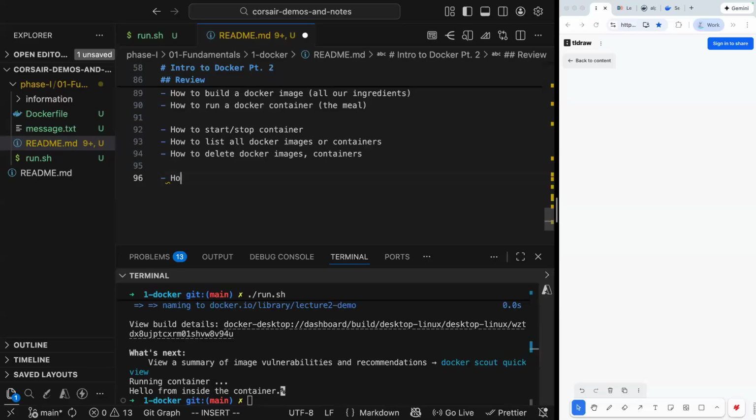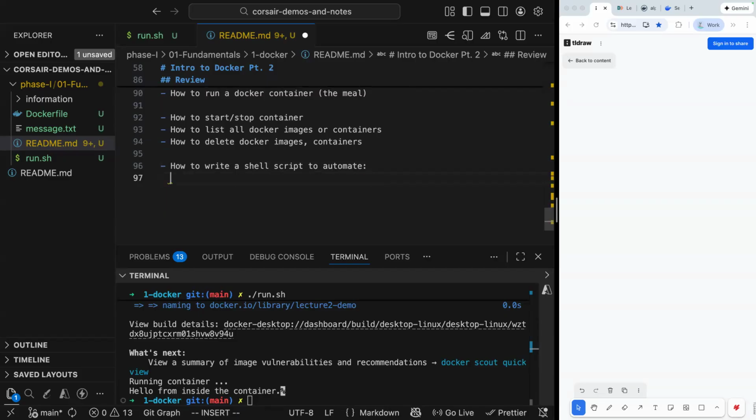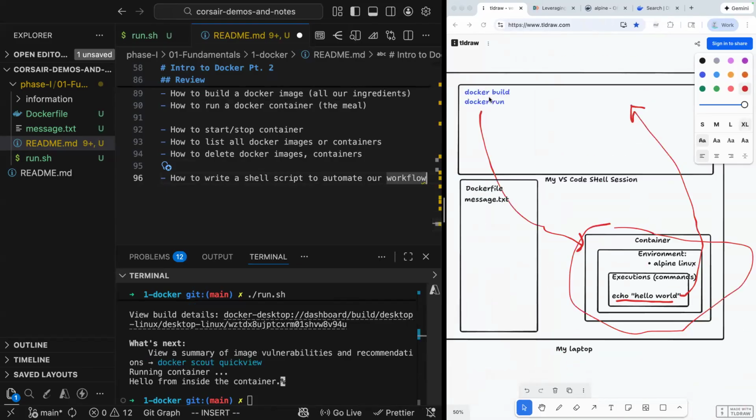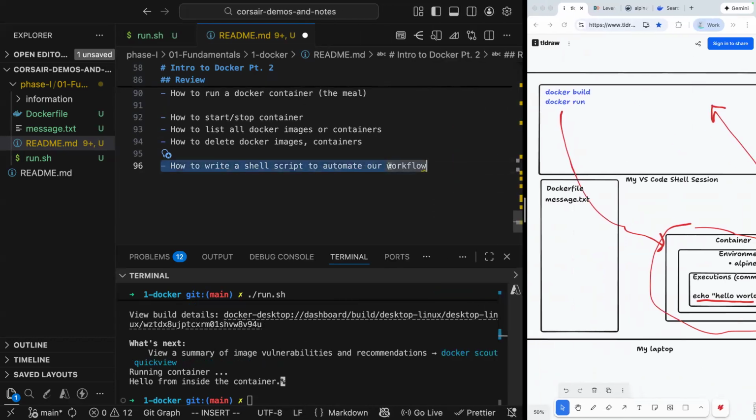And we've seen how to write a shell script to automate our workflow, so that whatever program I want, I can run my shell script to build my Docker image, create it and run a container, run the output, and clean up. And in a lot of ways, this is sort of the end state,